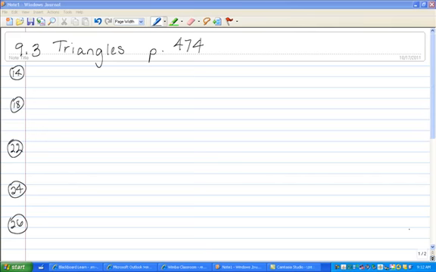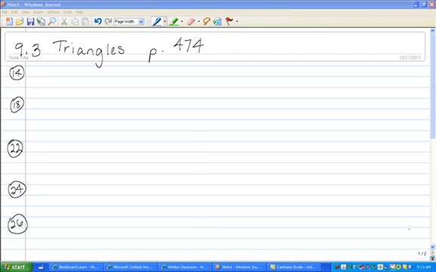Let's take a look at section 9.3 on the geometry of triangles, congruence, similarity, and the Pythagorean theorem. If you remember from high school geometry, one of the biggest things that you did was proofs dealing with congruence, which included angle, side, side, side, and side, angle, side. We're not actually going to do any of those, so I'm moving on to the similar